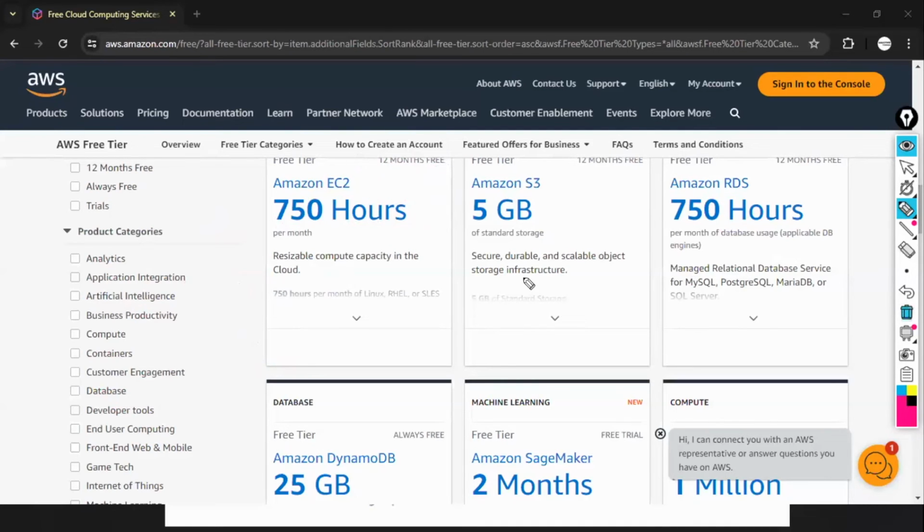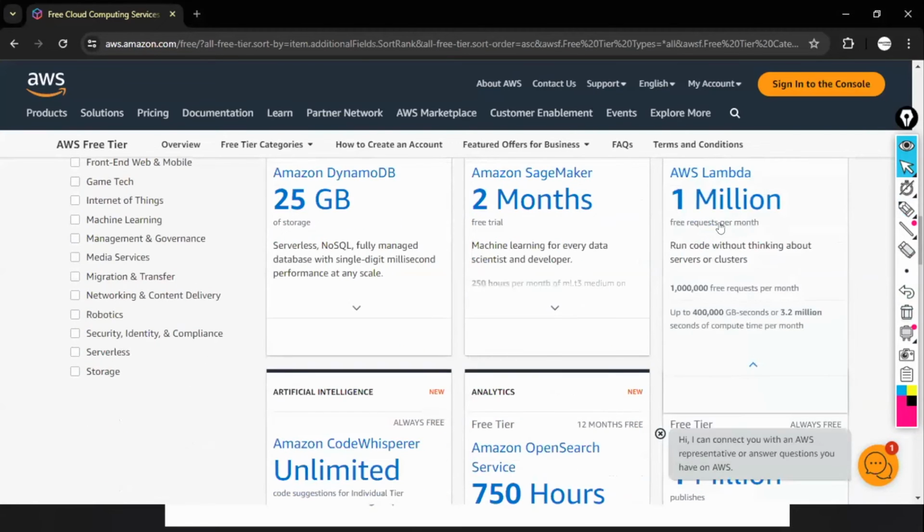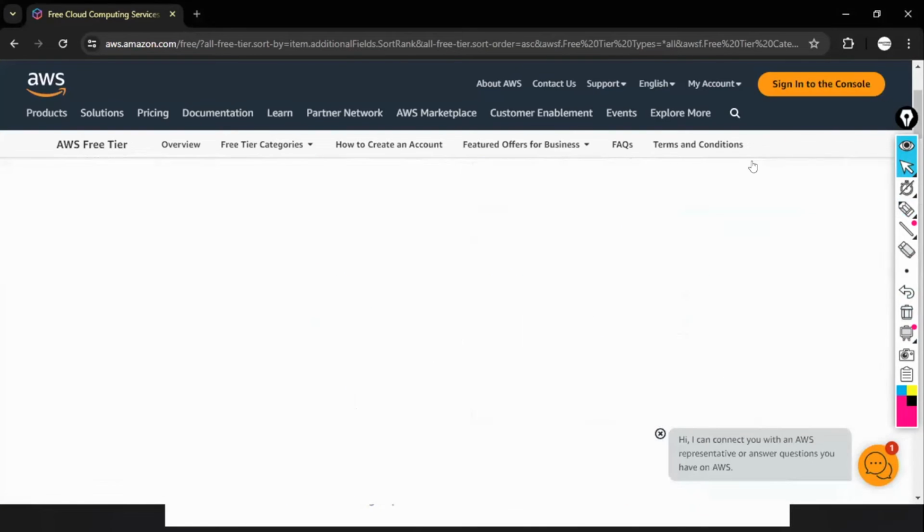Not only EC2, coming to the S3 service. S3 service is about storage. It will give unlimited storage, but in this free tier, it is giving only 5 GB free of cost. If you exceed 5 GB, it will generate bills. For the RDS database, if you exceed 750 hours, it will generate bills. Every month, it gives 5 GB storage and 750 hours per month. So for any service, if you are exceeding, then they will start generating bills.